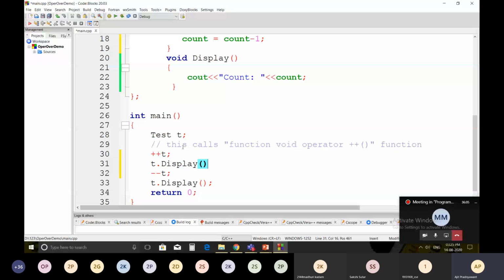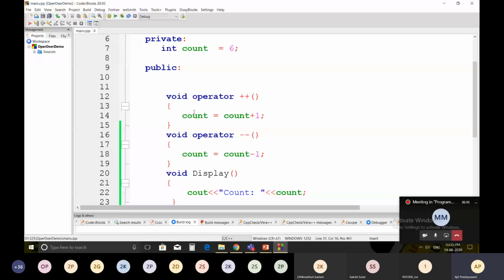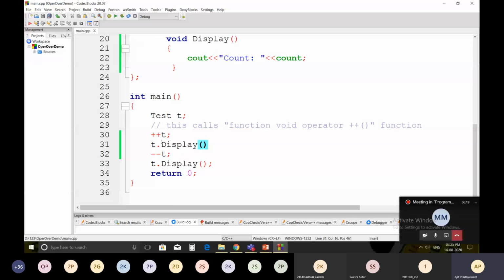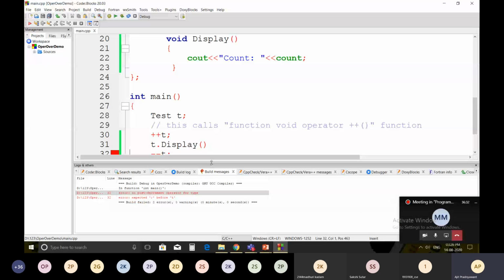So what I did here, I have written two operator overloaded functions: one for plus plus, one for minus minus, and I have called them using plus plus t and minus minus t. I'm going to compile it and check whether there is any error in the program.